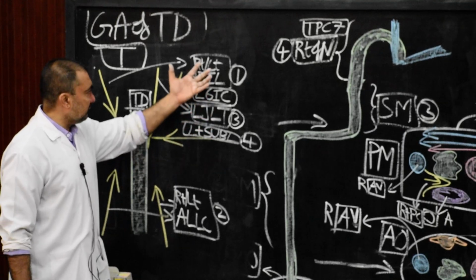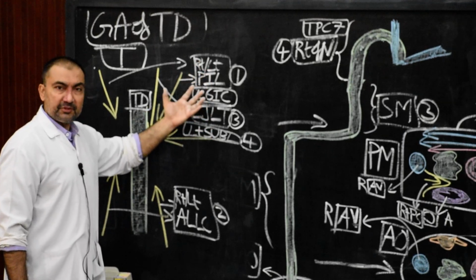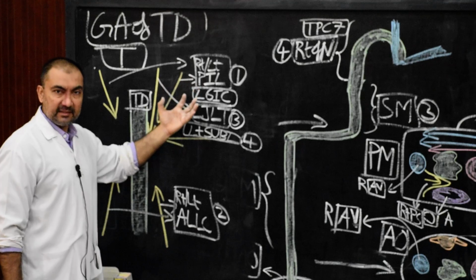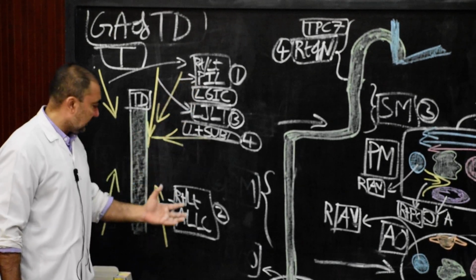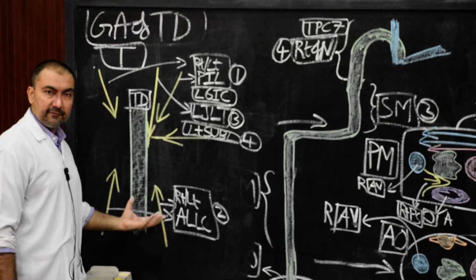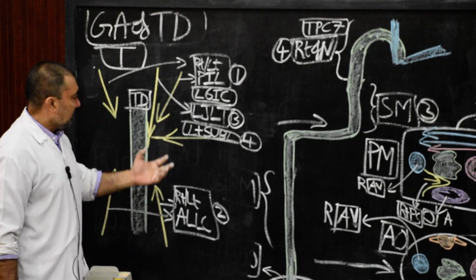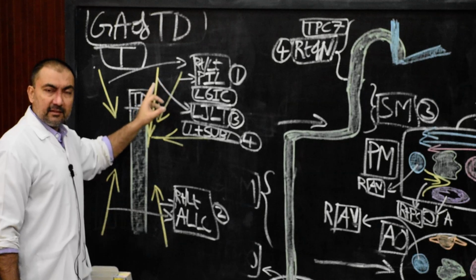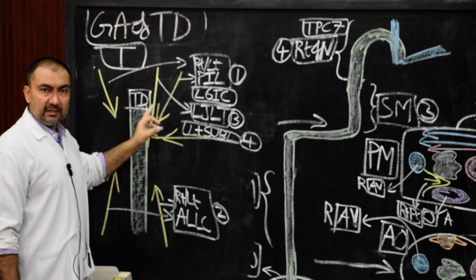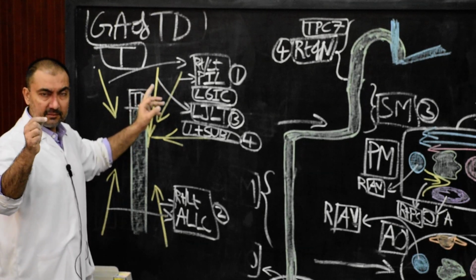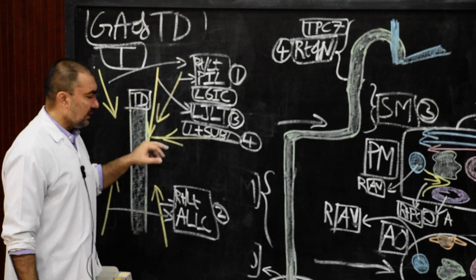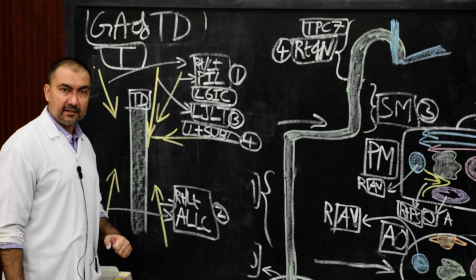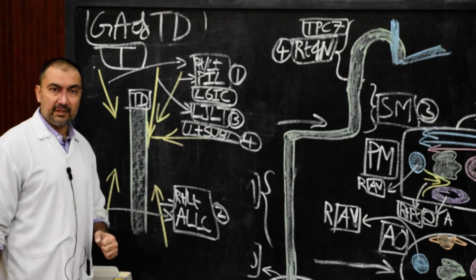So tributary number 1 will be the lower 6 posterior intercostal spaces, the right and left descending posterior intercostal spaces from the lower 6 thoracic intercostal spaces. Tributary number 2 will be right and left ascending lumbar lymphatic trunks. Then tributary number 3 will be the left jugular lymphatic trunk draining from the left side of head and neck. Tributary number 4, left subclavian lymphatic trunk, draining from the left upper limb.